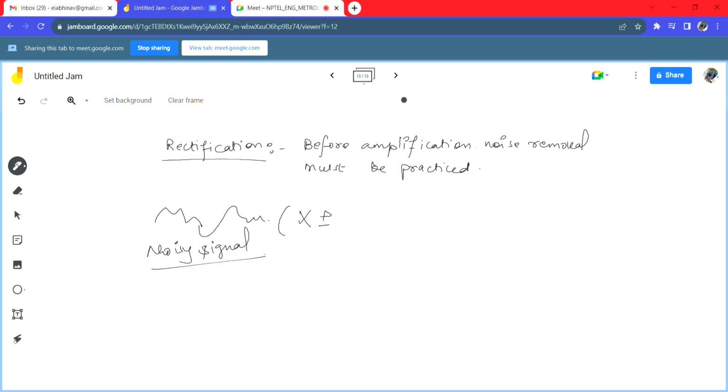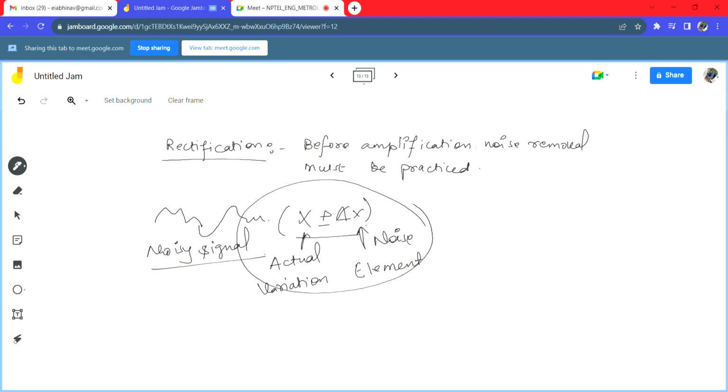So x plus minus delta x, x is the actual variation, and delta x is the noise element. Now if this is the signal that is being generated by the transducer and we amplify it without rectification,